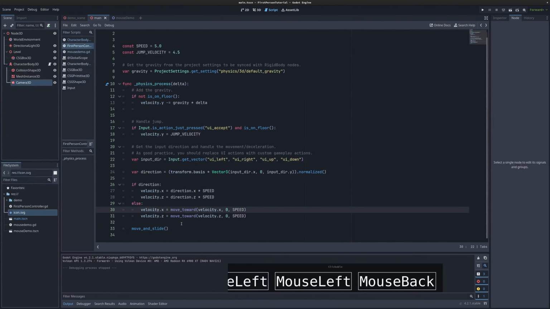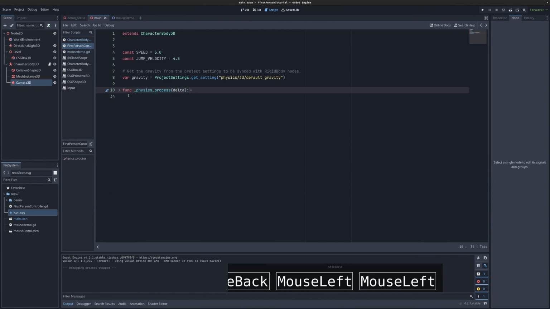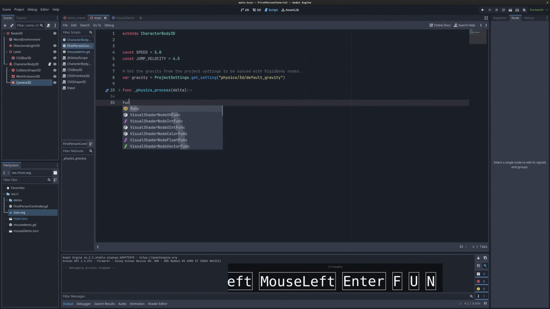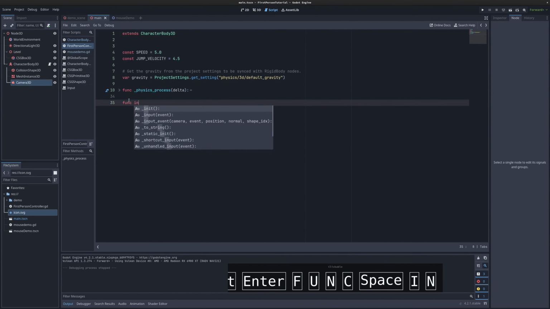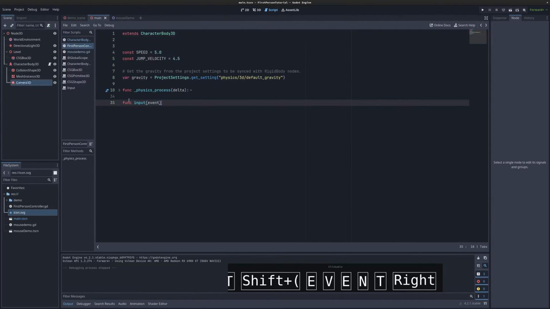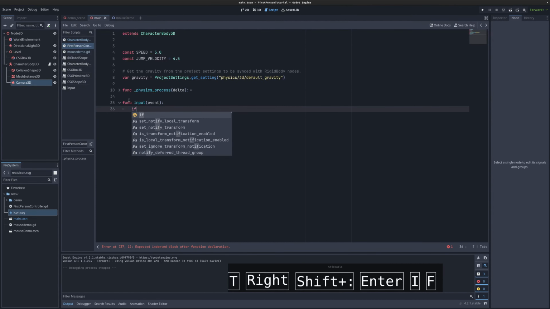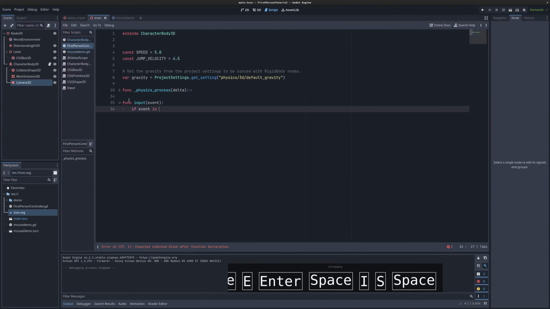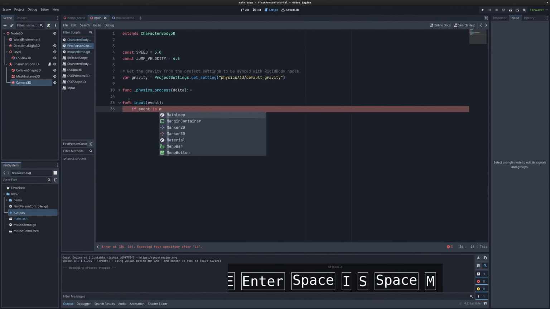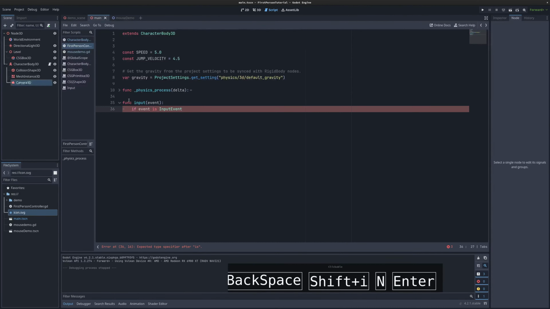Okay, so what we're going to do is back here in our main scene, we have our character body. So we're going to go ahead and create a new function. I'm going to hide this. We're going to create a function called input, our input function, event, okay? And we're going to create this very simple mouse motion. So we're going to say if event is InputEventMouseMotion, if it's mouse motion,